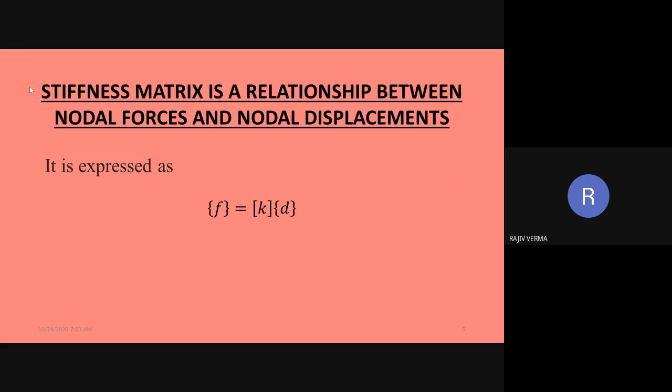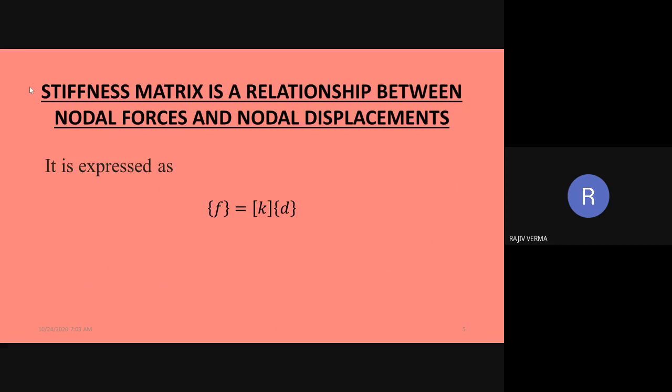Note how a column vector has been written. It is written within curly brackets. F represents a column vector. D represents the nodal displacements, which again happens to be a column vector. Therefore, the same type of brackets have been used. But the relationship between F and D is going to be given by a matrix known as the stiffness matrix,